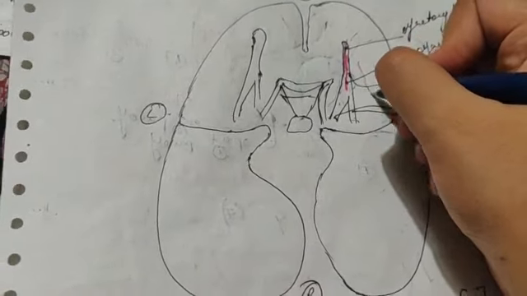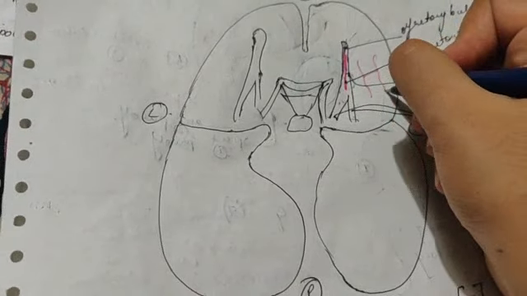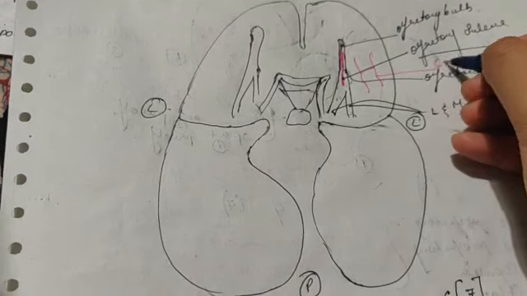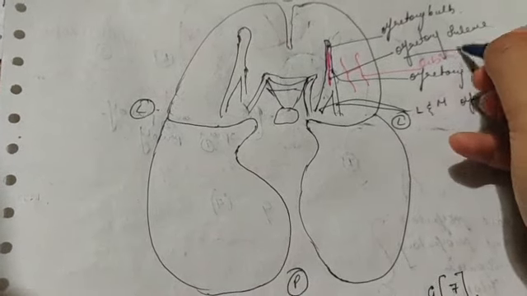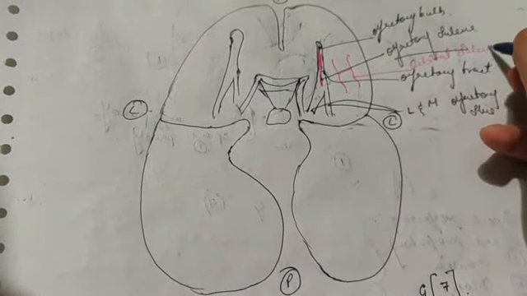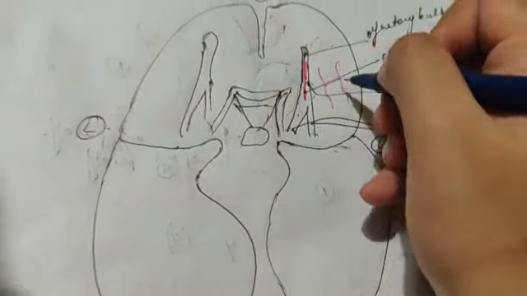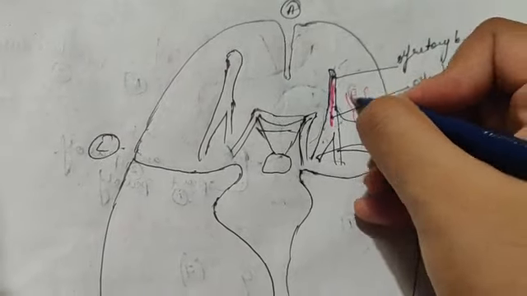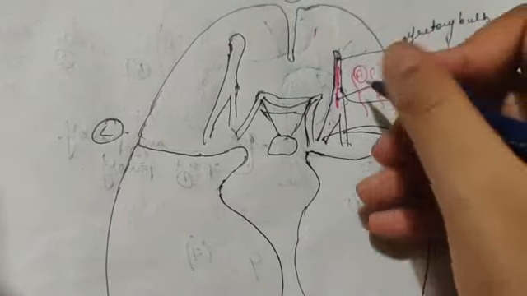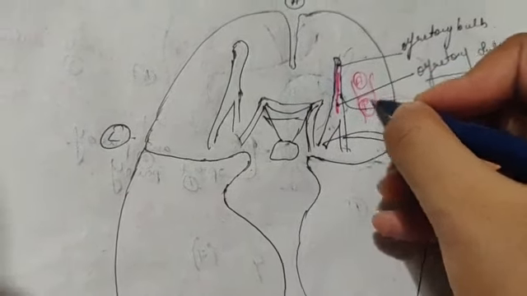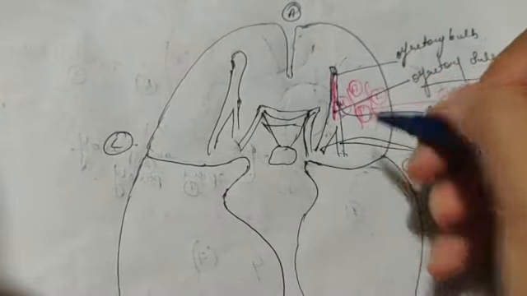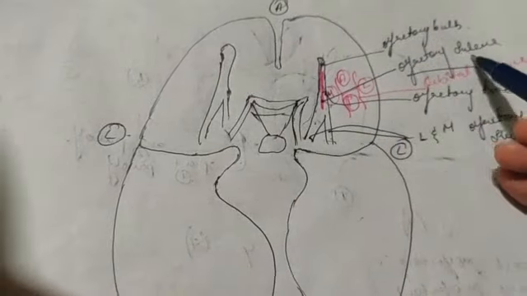Okay, after this, the second sulcus is the orbital sulcus. It's an irregular H-shaped sulcus. So this is our orbital sulcus. In this orbital sulcus, it's actually divided into 4 parts: anterior, posterior, lateral, and medial, that we'll talk about when we come to the gyri part. So now we're looking at only the sulci.